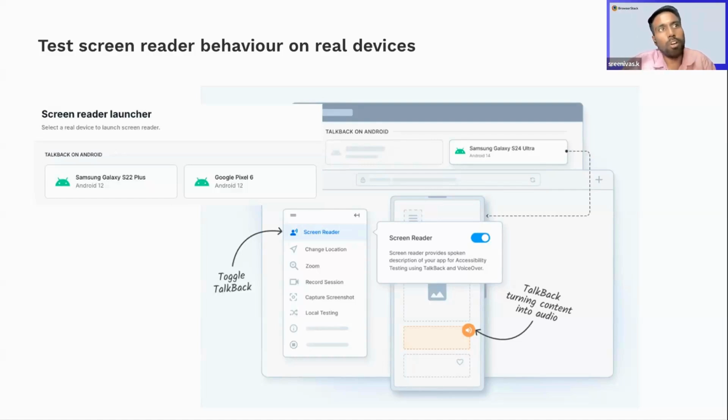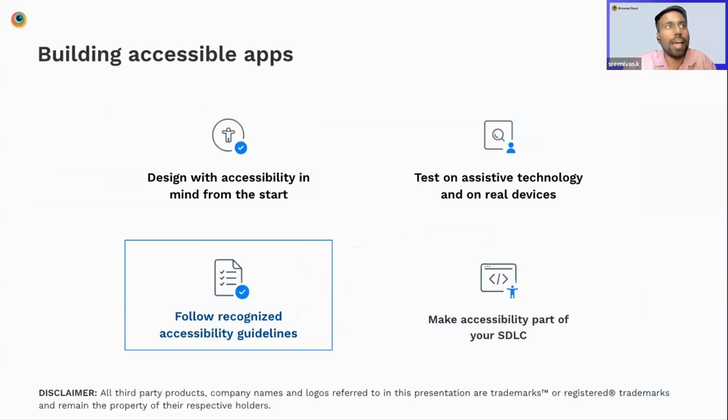But this step is going to be one of the most crucial ones, right? Testing and ensuring that your app is accessible with assistive technology, not just screen readers, but also external keyboards, voice control, and so on. So that is the second step in building accessible mobile apps. And coming to the third step, which is following the recognized accessibility guidelines,